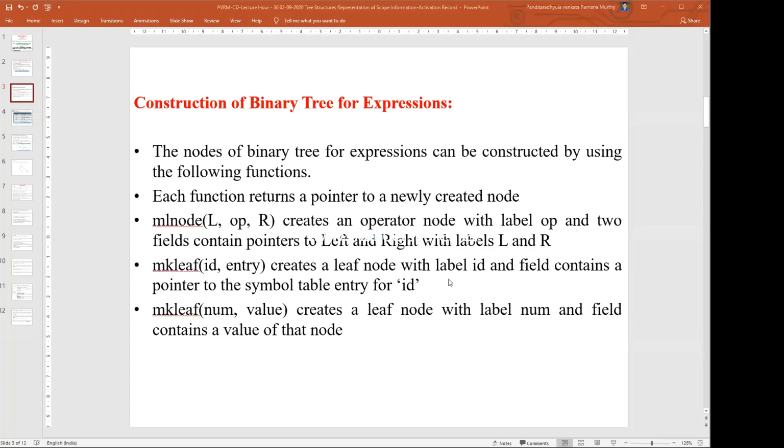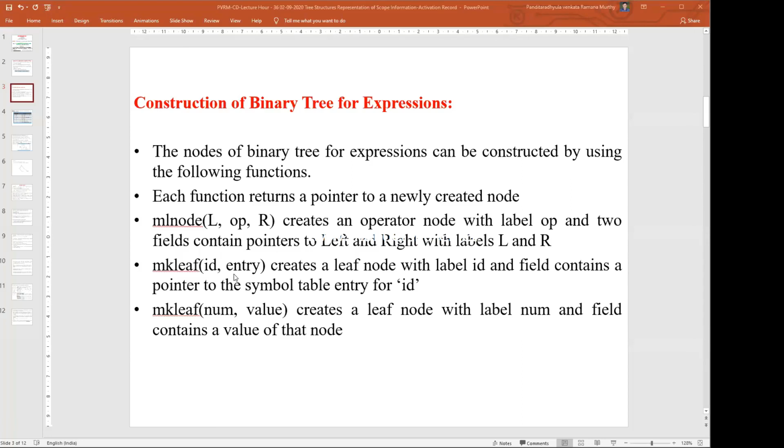If it is the case of a variable name, then we use id comma entry as its arguments. That means this variable has to be converted, or we need to obtain a value for the particular id. If you are directly giving the value, then we do not need to create an id or go for getting the value.